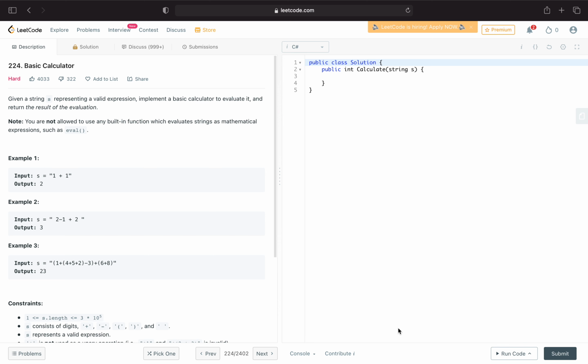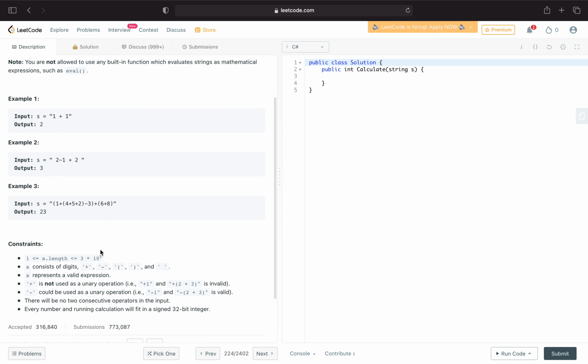Basic calculator. Given a string s representing a valid expression, implement a basic calculator to evaluate it and return the result of the evaluation. Okay, so we are not allowed to use any built-in function which evaluates strings as mathematical expressions, such as the eval function. Okay, so when we look at the examples and constraints, the operator is going to be plus or minus, one